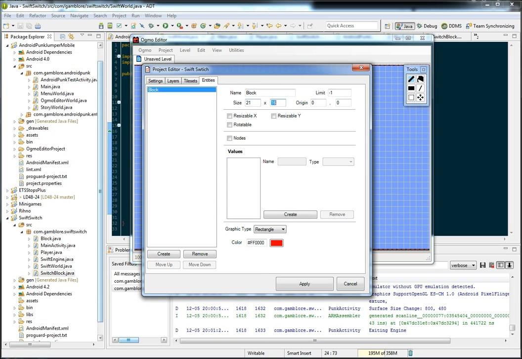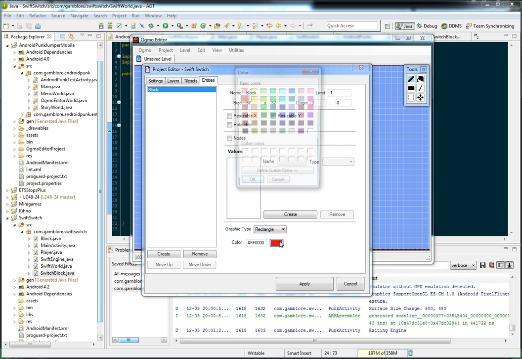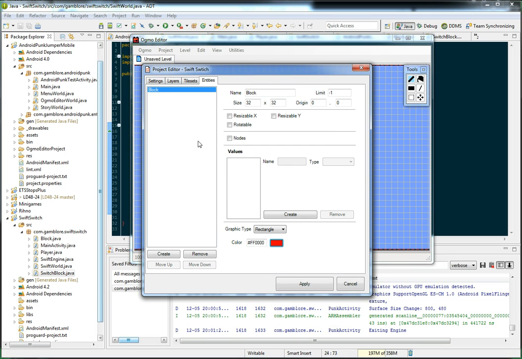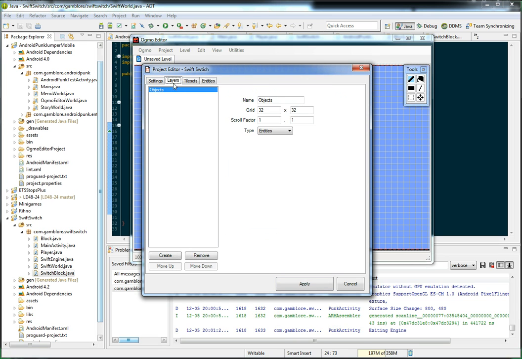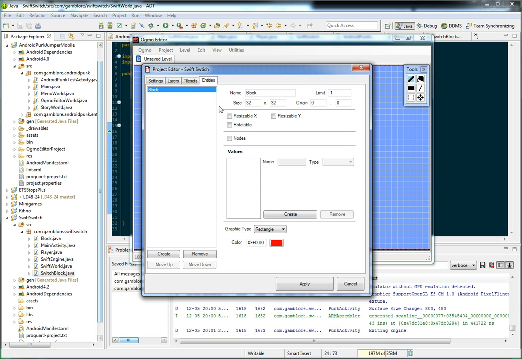Their size 32. And they're not resizable, we'll just place more than one. The better way to do this would be to create a grid, but we'll go over that at a later time. So blocks are going to be dark red, makes sense. They're 32 by 32, and now we have an object layer, and then we'll create a new one called the switch block,